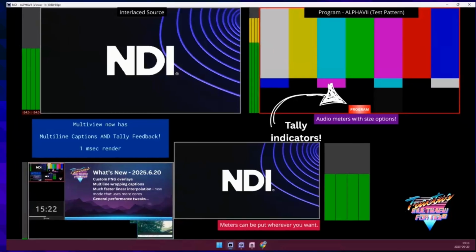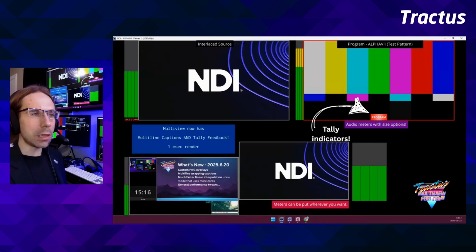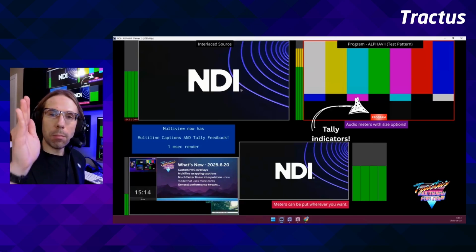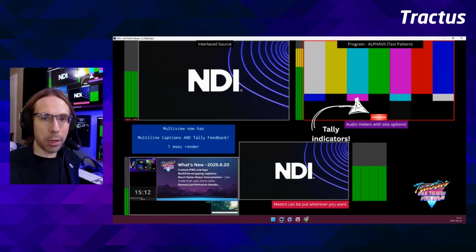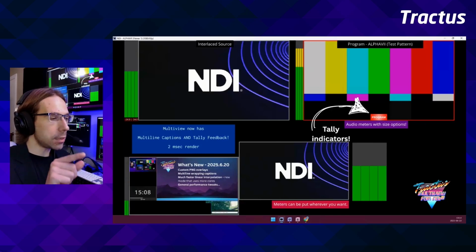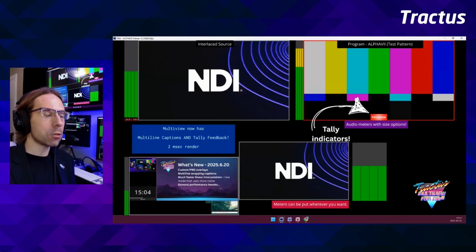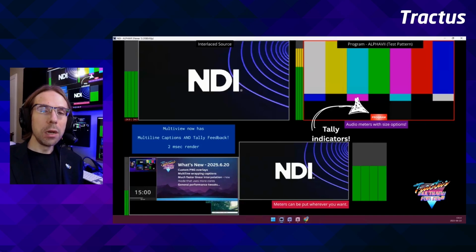Question from the chat: where are the external NDI feeds coming in from? How are they coming in, and what is the delay? Very good question. My camera is a Logitech Mevo Start, so that is connected in via NDI. We're actually using NDI webcam to give that to Zoom, and then we're using Zoom as the main transport to get my signal back to studio, and we're using vMix to mix everything together.